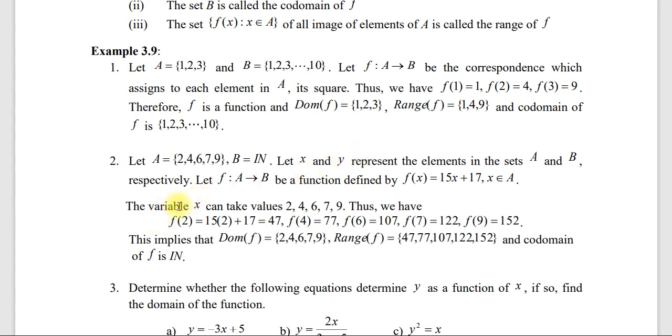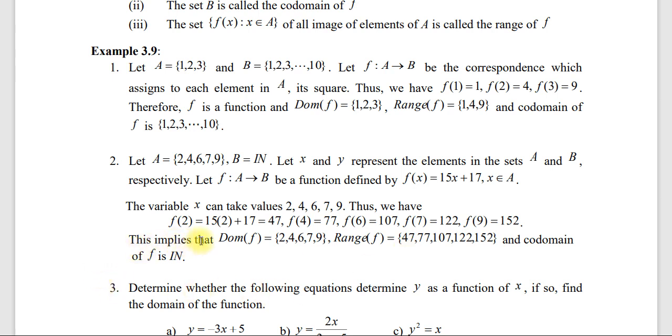So the variable x can be taken the value 2 4 6 7 9. Thus we have f of 2 15 times 2 plus 17 is equation ላይ የተካን ማለት ነው which is equal to 47. f of 4 77, f of 6 107, f of 7 122, f of 9 152 ይመጣልናል ማለት ነው።